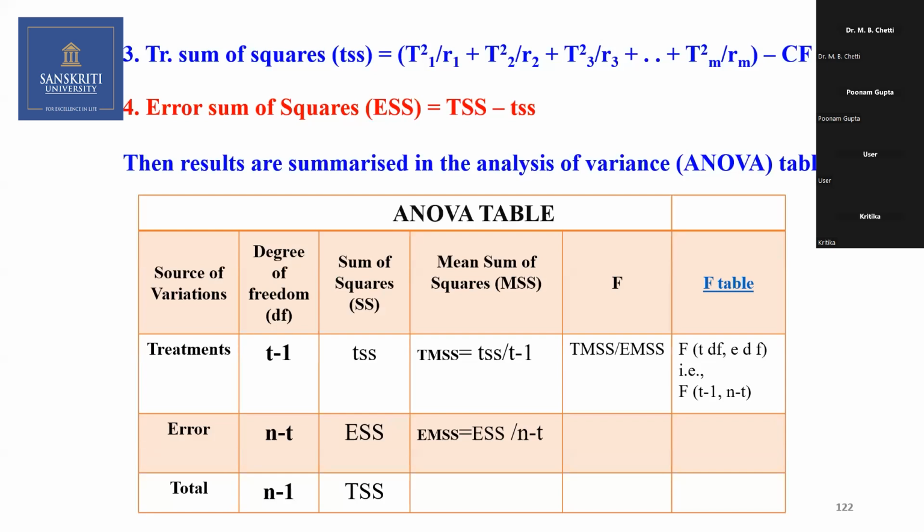Now the source of variation: total variation, that is, what is the variation in the experiment overall? Then the treatment variation, that is, what is the variation between the treatments? The error is the one within the treatment. Suppose, for example, all of us cook. We will not get the same taste daily. Today's preparation of tea will be different from tomorrow's preparation. Why that happens, we do not know. Only God knows. That is a random error, which is part and parcel of our experiment. That is known as the error, the random error.